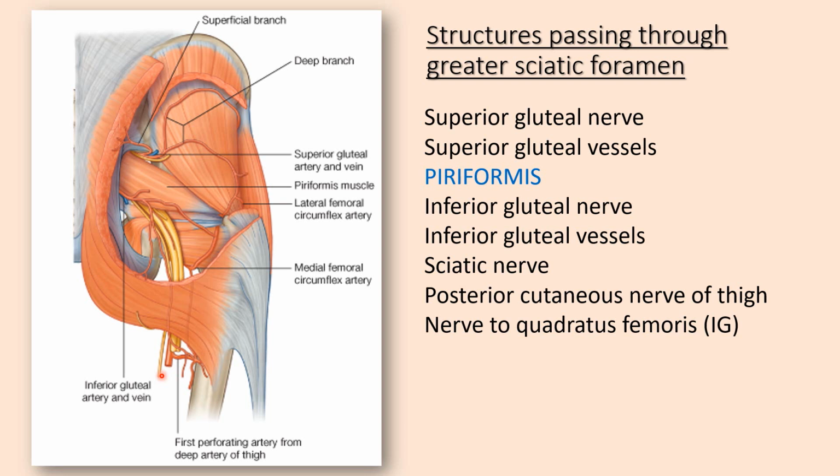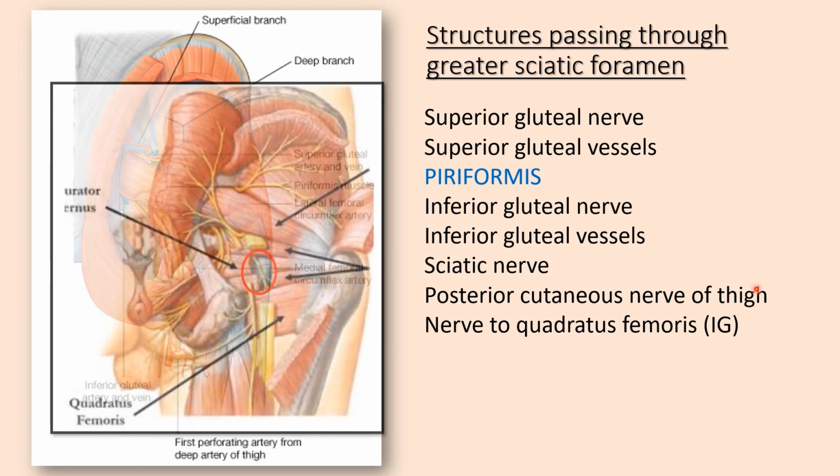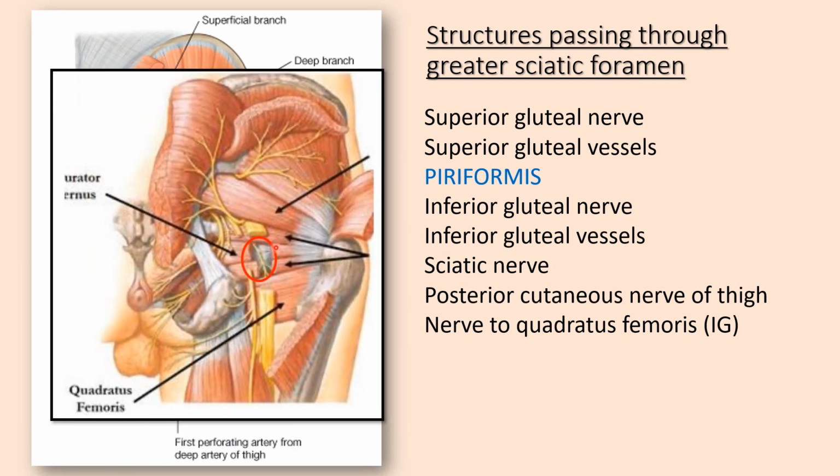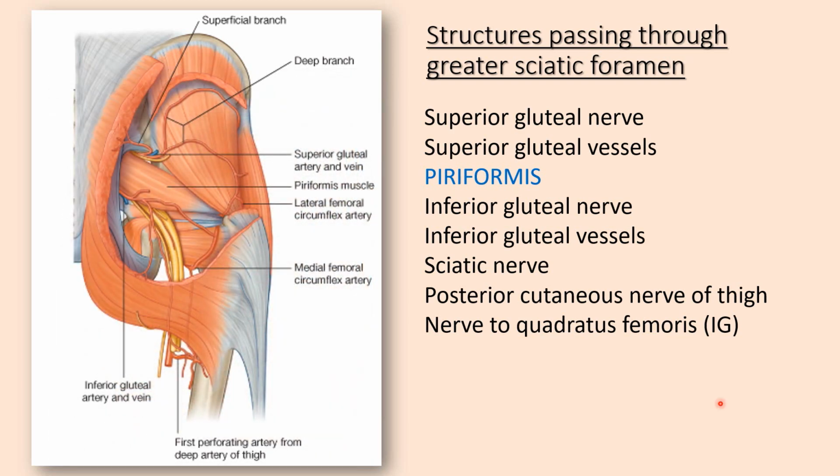Nerve to quadratus femoris. Interestingly, quadratus femoris is here, which is supplied by a nerve. That nerve lies anterior to the quadratus femoris. To look at that nerve, we have to dissect the muscles above it. They are superior gemellus, inferior gemellus, and obturator internus. Then we can see the nerve supplying the quadratus femoris by its anterior surface. It is here. Tricipital tendons are cut. Nerve to quadratus femoris is shown here, which is supplying this muscle from its anterior surface. Nerve to quadratus femoris also supplies inferior gemellus.